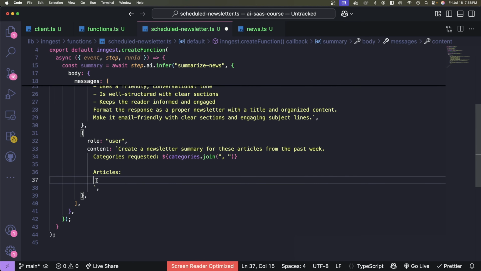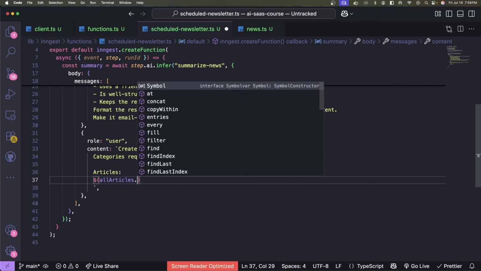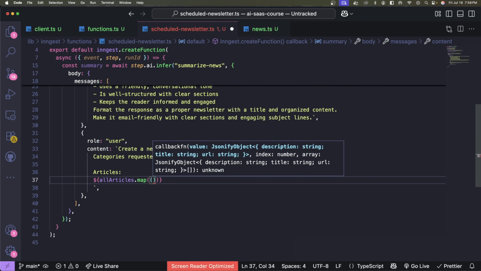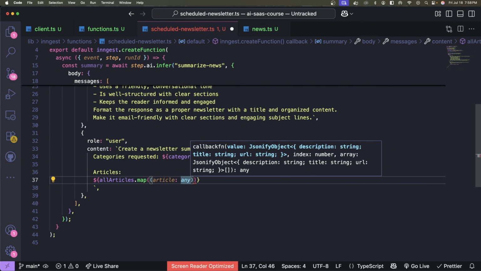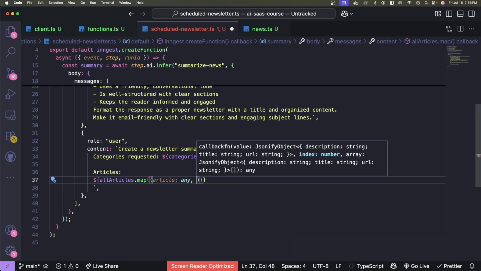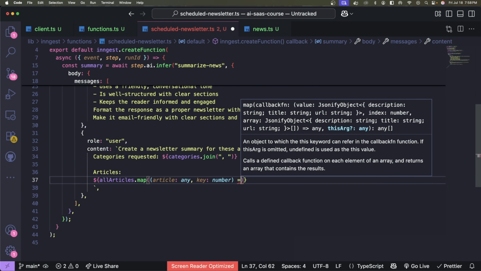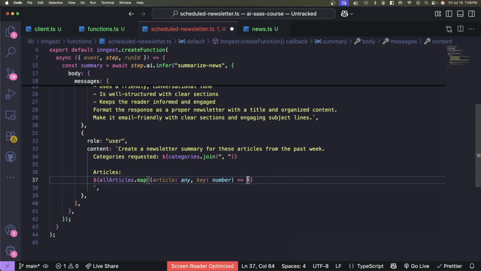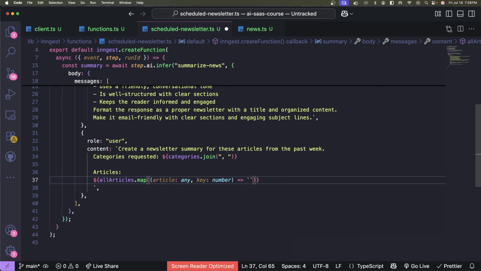So what I want to do is insert all the articles, and I want to map through them. For each article, of type any, I want to get also the key for each of them, which would be of type number. And for each of them, I actually want to render a string. Now, what is the string? Well, the string is going to be the index plus 1, because I want to specify which article is which,